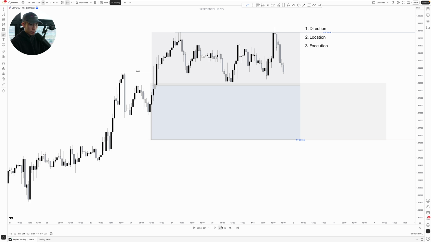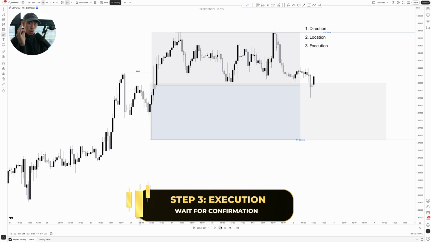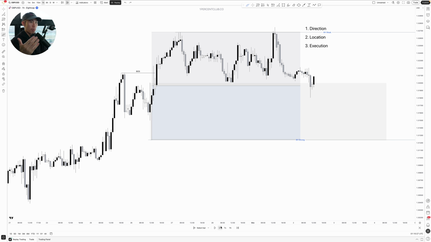So right here, do nothing, as tempting as it might be to start entering for a buy and sell. No, you stay calm, you do nothing, and you wait and wait and wait. And then eventually price comes down to your point of interest and your patience pays off. Which brings us to step 3. Remember, you only go to step 3, which is the execution step, once price has entered into your point of interest. Once price has entered into the location. Which means that before price does this, you shouldn't be going down to the lower time frame.